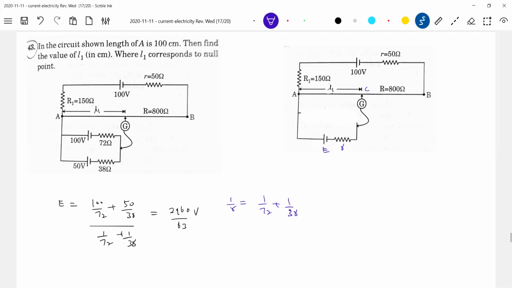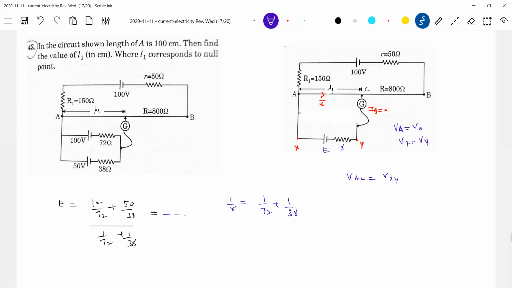Sir, I think the value of my R is wrong. Your value is wrong. Okay, I'll just leave it and just say the idea. It'll be this much. Then again, it's a pure potentiometer problem. A null point tells us the current through the galvanometer is 0. Then the potential of these two points, I think we used to take a symbol like this. Vxy should be equal to Vac, as no current flows. So Vac should be equal to Vxy, as no current flows.